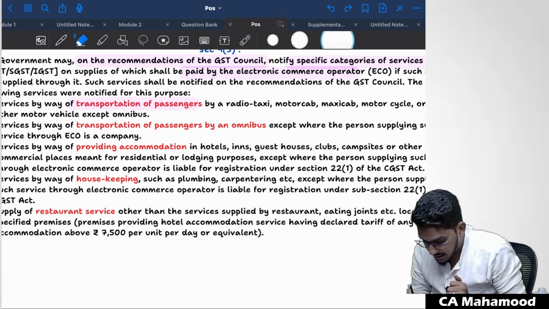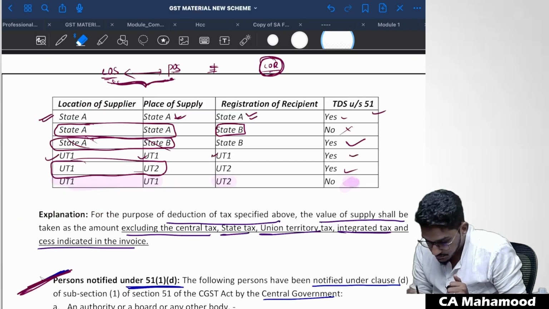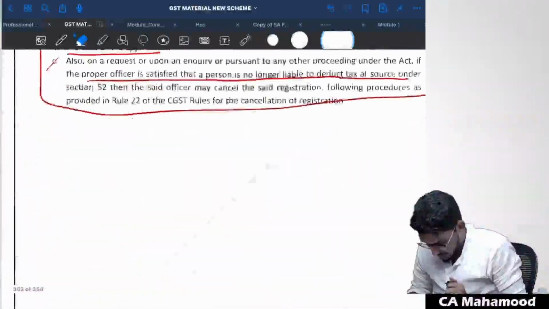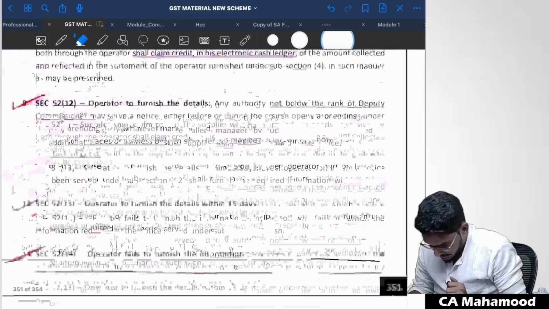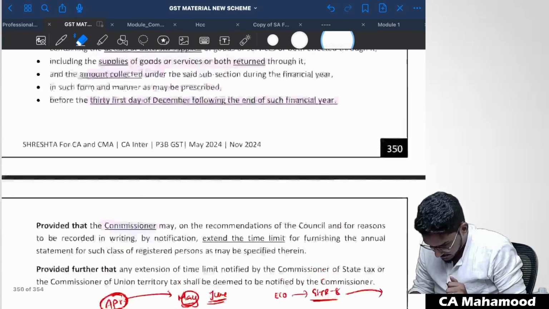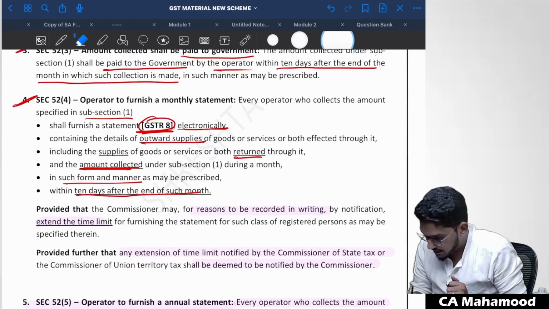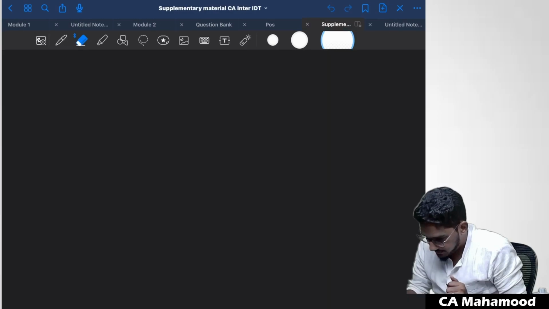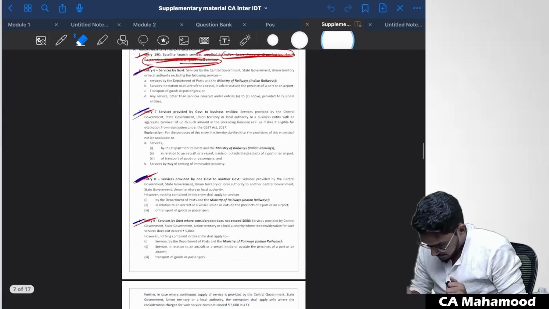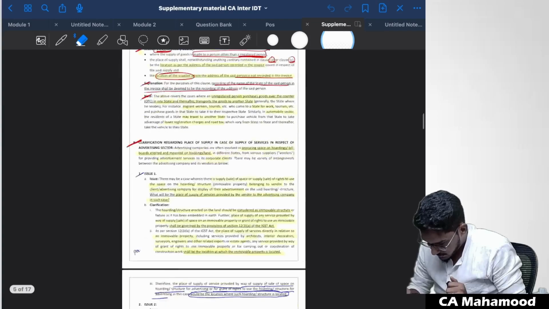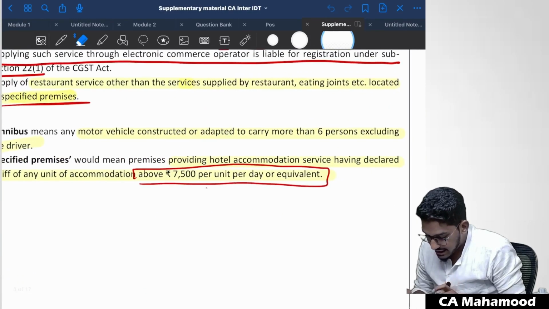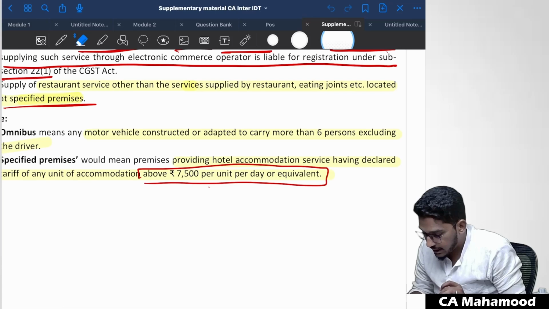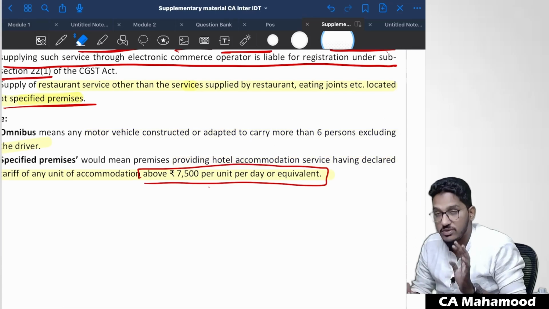So just let me check the material. Omnibus definition, I think... where is it? Not here. In the supplementary material I have added here. Just give me a moment. Yes, see here. Omnibus means any motor vehicle constructed or adapted to carry more than 6 passengers, excluding the